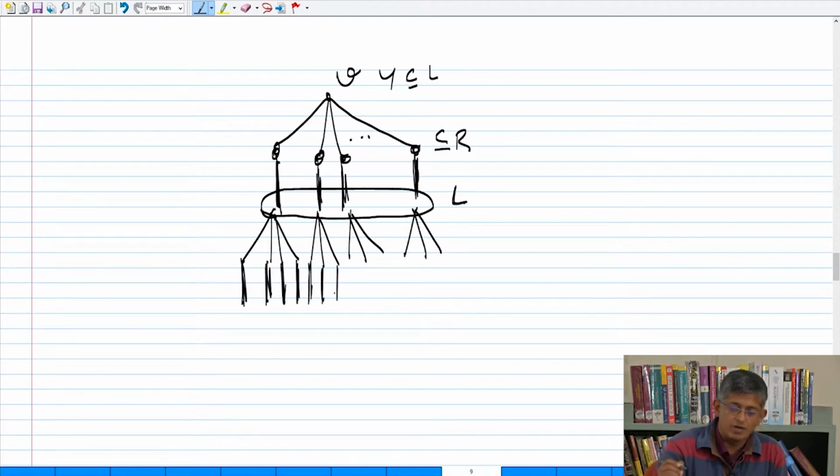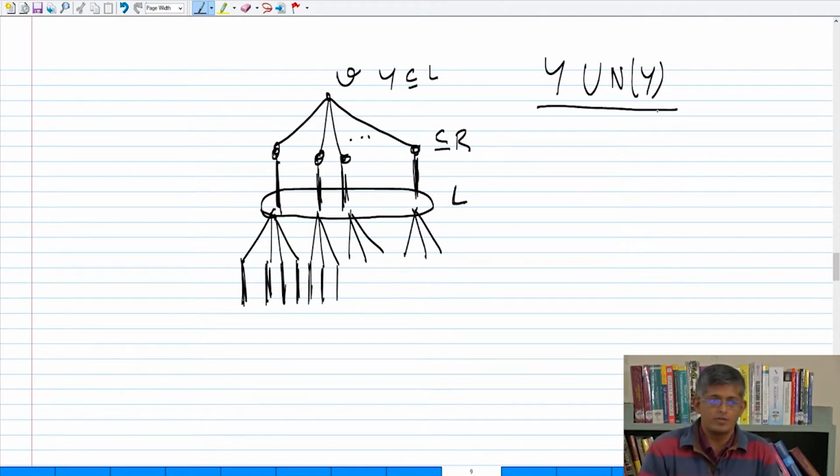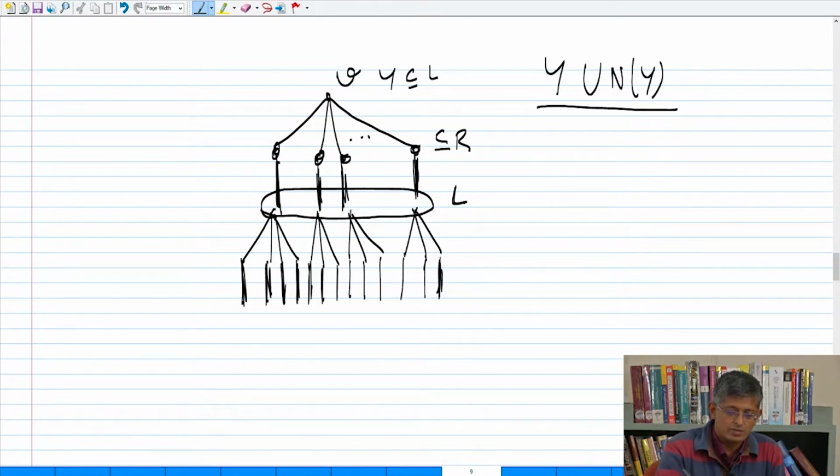inside this graph which is formed by, so what is this graph? Let me just, I hope I am not confused. This is the graph formed by Y union n of Y. Among this V is unmatched, everybody else is nicely matched. It's only this graph. So this L is just to remember that it is the left hand side. Fine. So the layers are alternating between L and R and L and R. Okay. So let us assume that the algorithm terminates at this level and you say that, look,